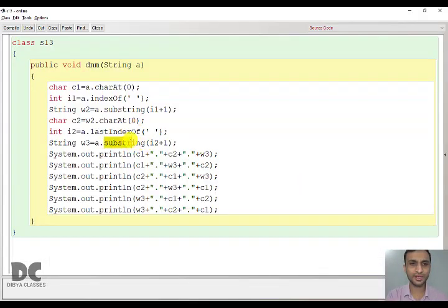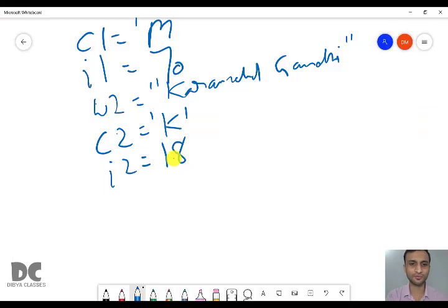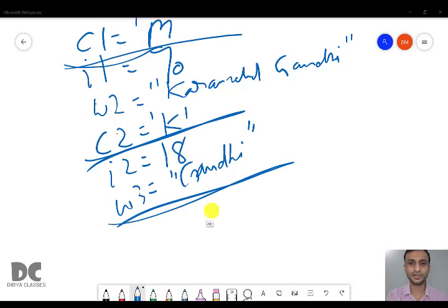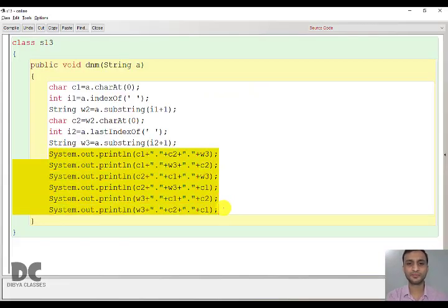Now we are trying to extract 18 plus 1, from 19 onwards, means from G. So in W3 we'll have Gandhi. So now we have M, we have K, we have Gandhi. The only thing we need to do is print them as per the required order and our program is over. So now let us move to the next question.